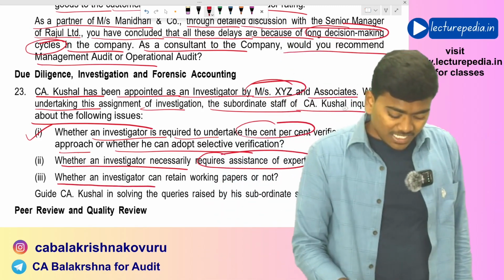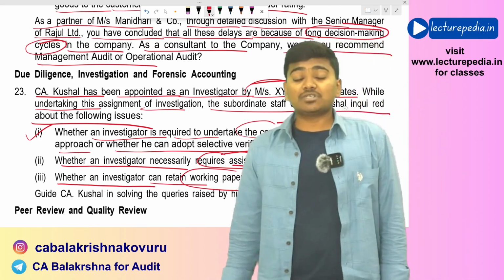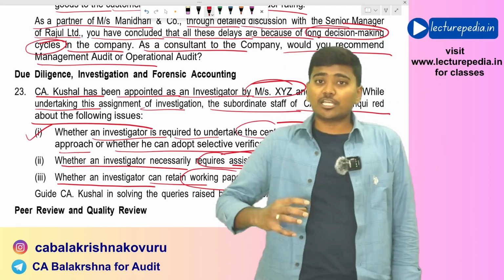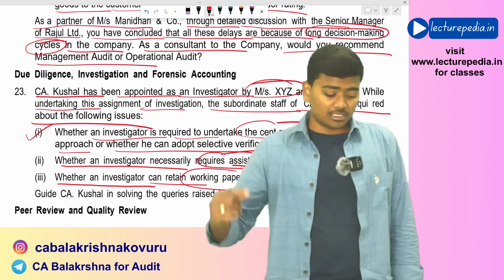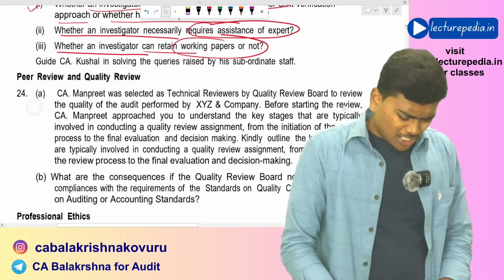Next, whether an investigator can retain working papers or not. Yes, obviously, the investigator must retain the working papers. Only when he retains the working papers can he prove the work that he has done in the court of law. Okay. Next, question number